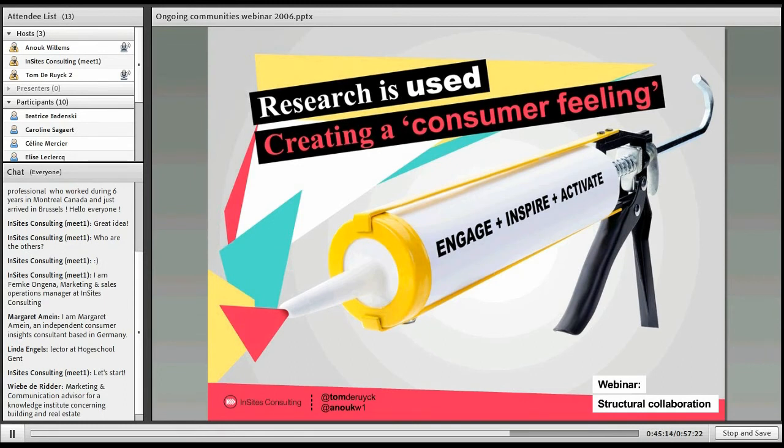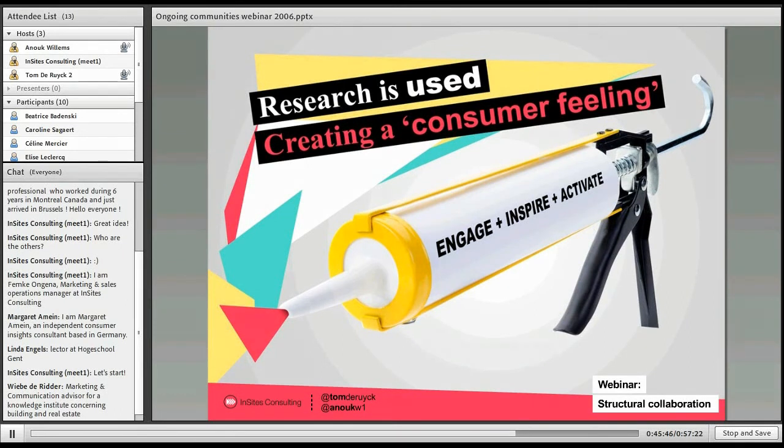What about generating external impact and having a great external way of communicating? Because consumers want today that companies listen to them. Why, if we do that, would we not also communicate that to the outer world? And when it comes to external communication, you can do three things. You can talk about the process, the outcome, and the learnings. Talking about the process is communicating to the world that you actually do this, that you listen to consumers.